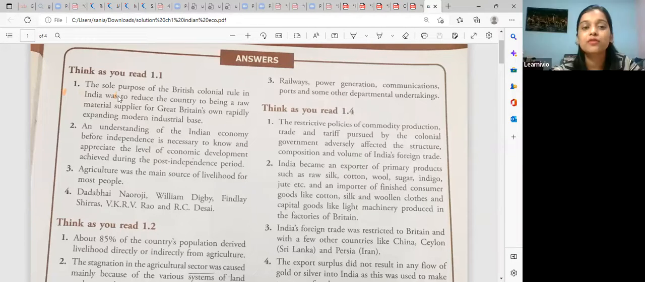Okay. So the sole purpose of British colonial rule in India was to reduce the country to being a supplier of raw material and a consumer of finished goods. Second, an understanding of the Indian economy before independence is necessary to know and appreciate the level of economic development achieved during the post-independence period. So if you want to compare and appreciate it, for example,